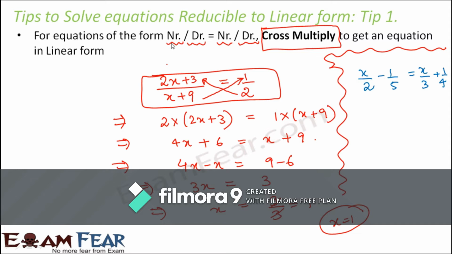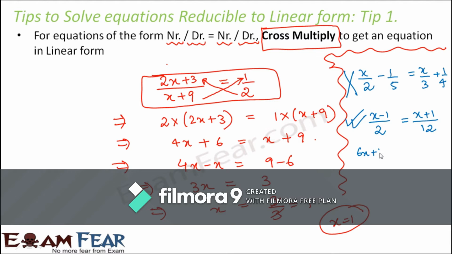Now is this equation in this form? This equation is numerator by denominator minus numerator by denominator. But here we said it should be numerator by denominator equal to numerator by denominator. So in this case, this rule will not be applicable. You should not start cross multiplying here. However, if you have an example like x minus 1 by 2 is equal to x plus 1 divided by 12, here you see it is in the same form, numerator by denominator, numerator by denominator. So here this rule would be applicable, and you can directly cross multiply.